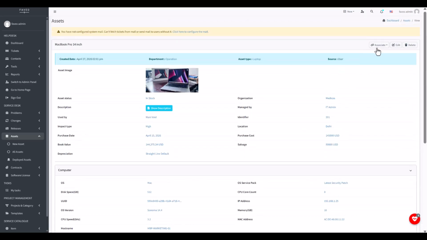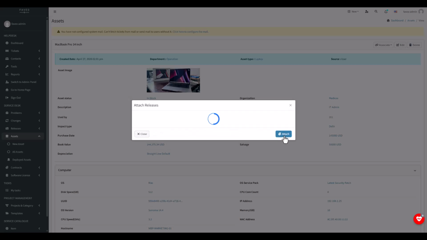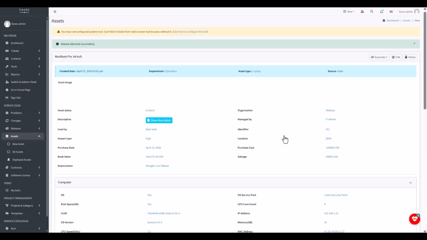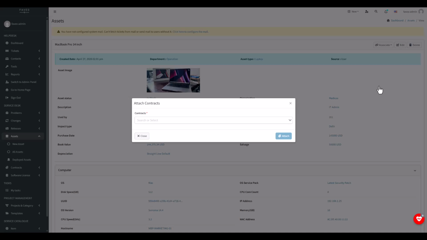Similarly, you can attach releases and contracts. Let's say you want to link software antivirus version in this particular asset. And for the contracts, you can link agreements related to this asset.